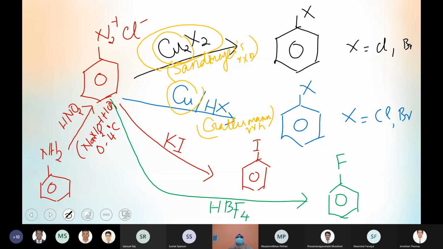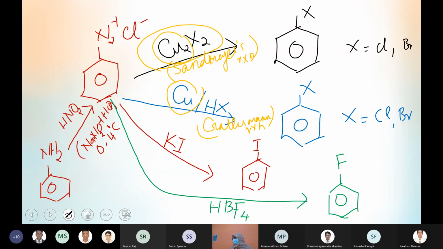Physical properties is basically repeating in every organic chapter. So I can give you what the physical properties are: melting point, boiling point, solubility, density, refractive index. These are the terms we'll be discussing in physical properties. But most importantly, the questions are basically from melting point, boiling point and solubility, where you have to compare different organic compounds with their physical properties.